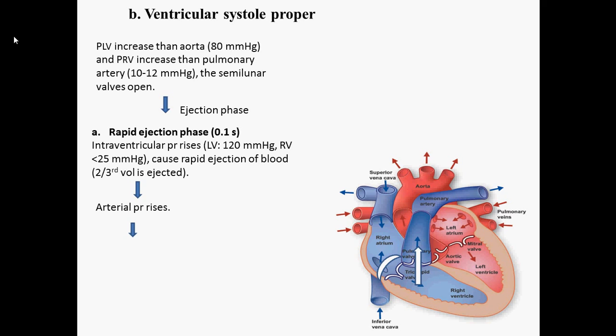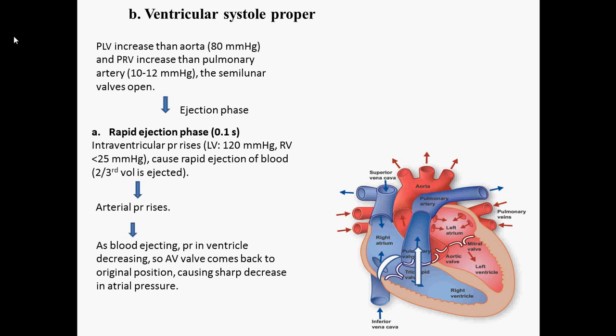Now as the blood is ejected into the pulmonary artery and the aorta, almost 2/3 of the blood has gone out from the ventricle, so the pressure in the ventricles is decreasing. You can see in the diagram the blood has gone into the artery or the aorta. As a result of the lack of blood, the pressure in the ventricles decreases, and as the pressure in the ventricle decreases, now you can see the